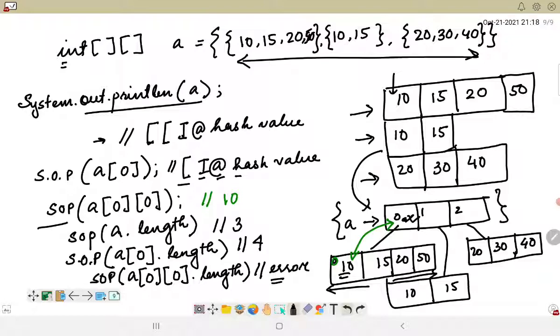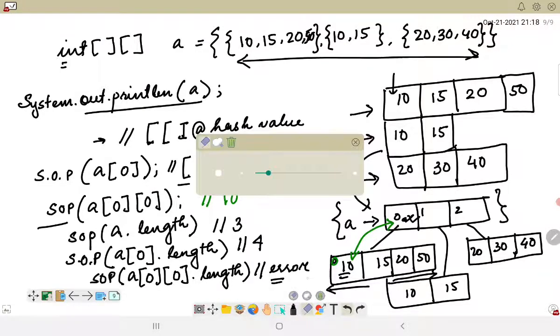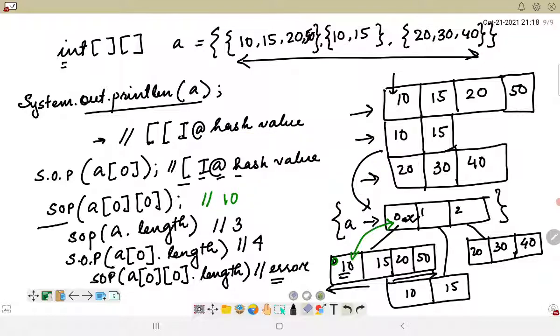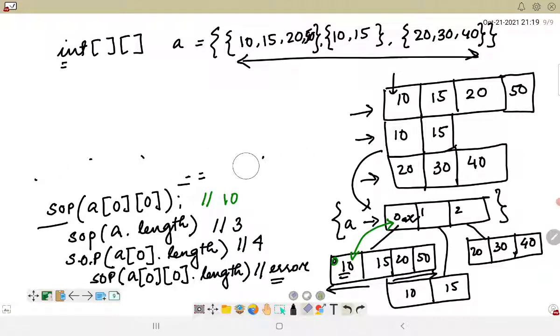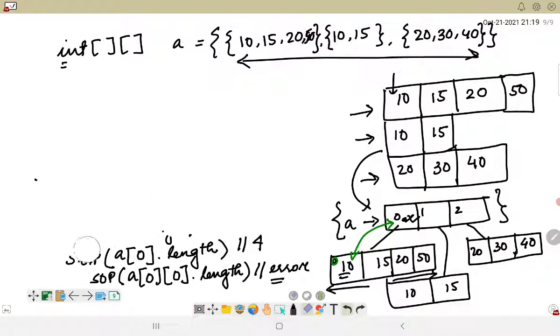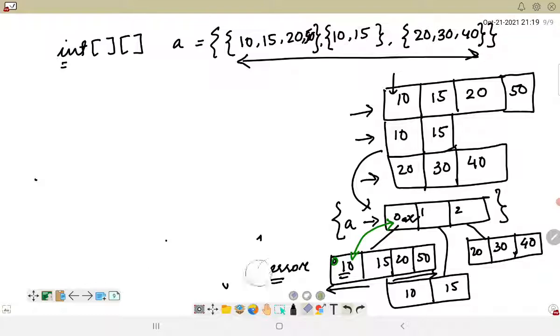So I'll just rub this off, and we will see how we can use loops in order to retrieve the values of this particular array. When we are trying to use loops, essentially there will be 2 for loops which will be used, since there are 2 different arrays here.